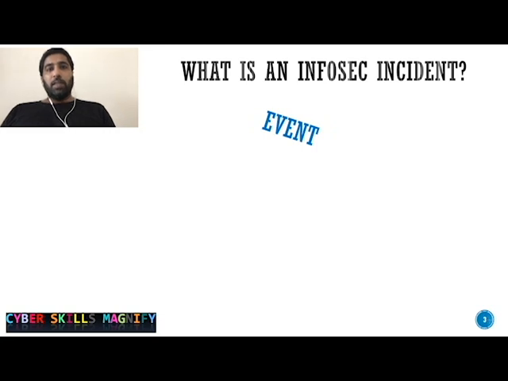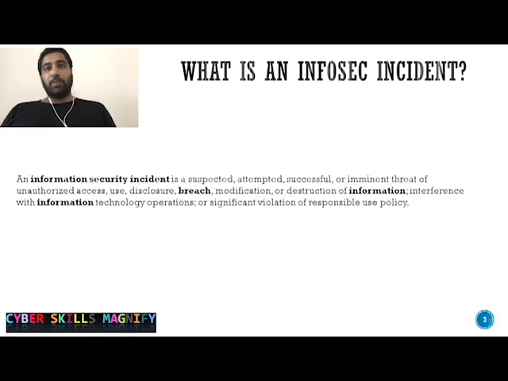Coming to events. An event is defined as a change of state. There are a large number of situations or events that a program or system may generate or respond to. I have a few common event types known as information, warning, error, success audit, security log, and failure audit, security log. An information security incident is a suspected, attempted, successful, or imminent threat of unauthorized access, use, disclosure, breach,